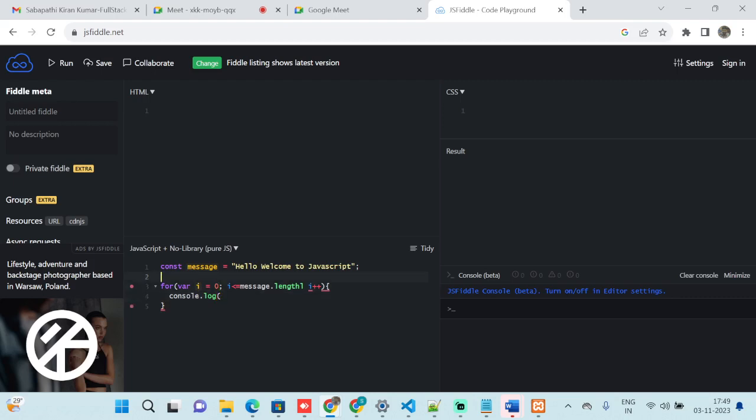Split, you don't want to split also? No, you can use split. You can use split.